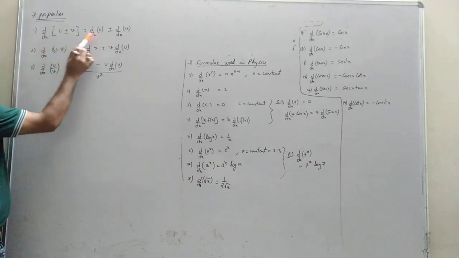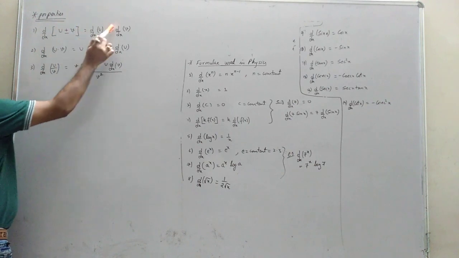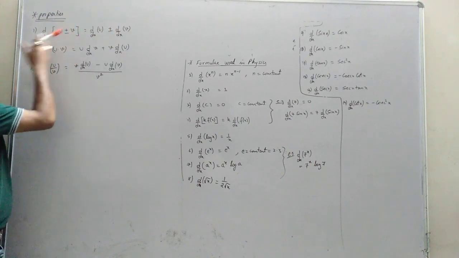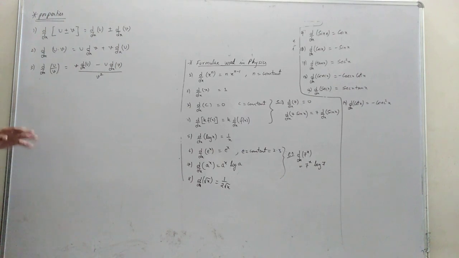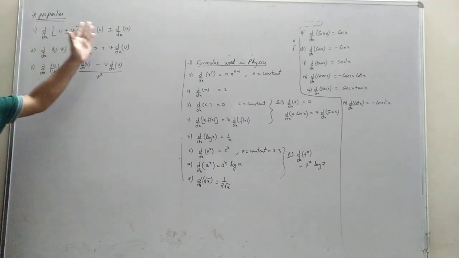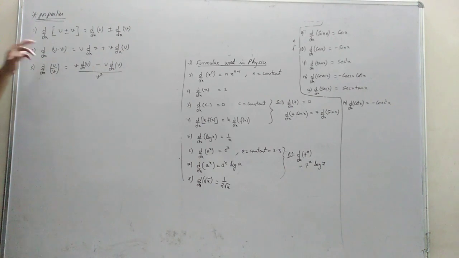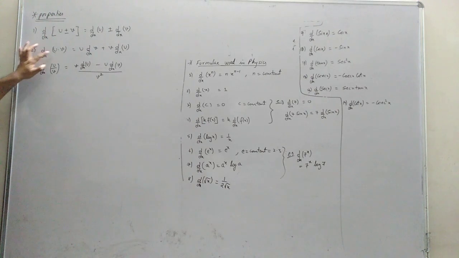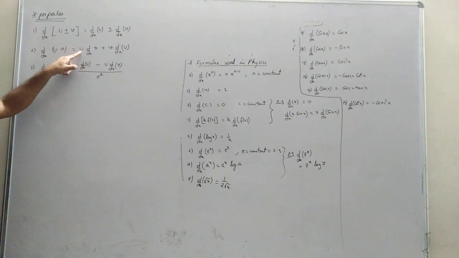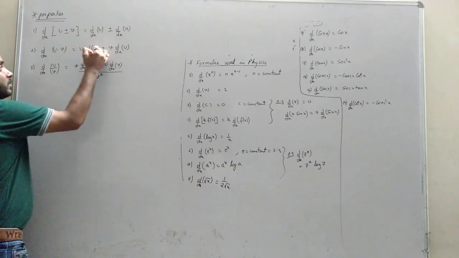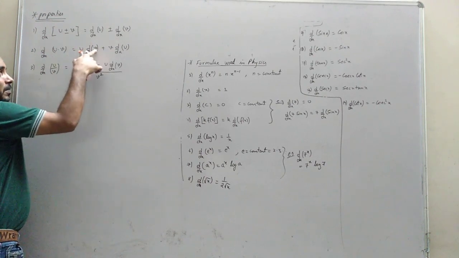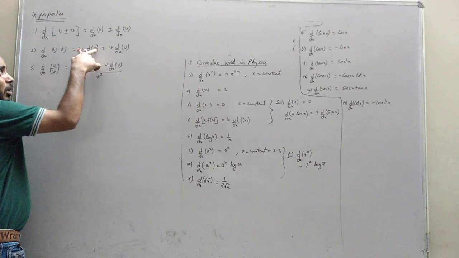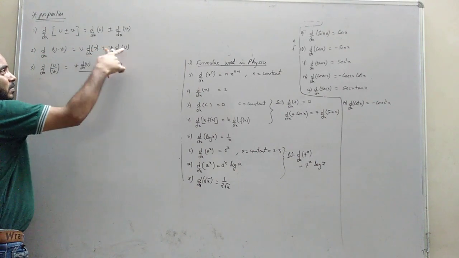So d/dx of u, whatever sign we have here, write down that sign, then d/dx of v. So I am segregating the d/dx. That is called segregation. That is, d/dx gets multiplied with each and every term, if it is written in plus or minus form. Understand the first property? Okay, second property: d/dx of something into something. Something, differentiation of the next part, plus again the next something, differentiation of the first something. You differentiate one term, then you take that term outside and differentiate the other term.